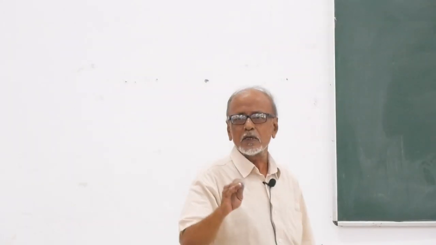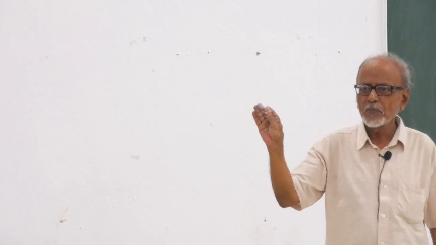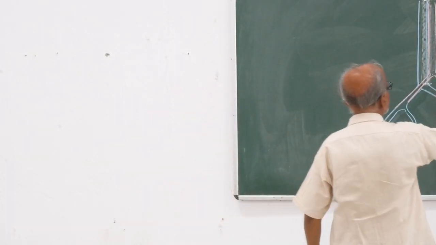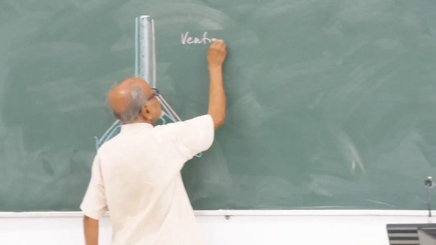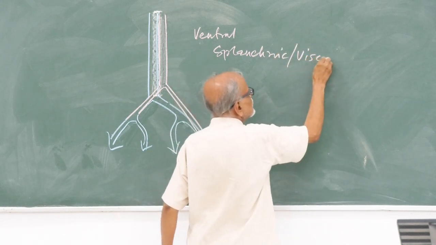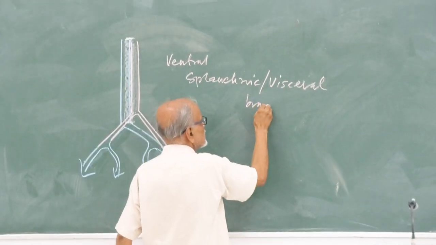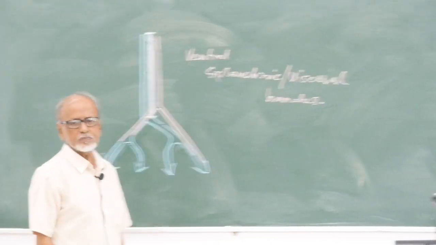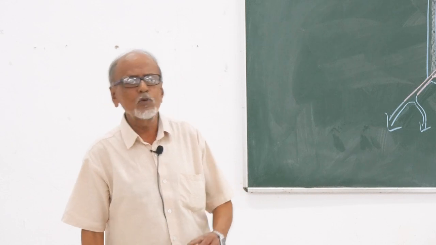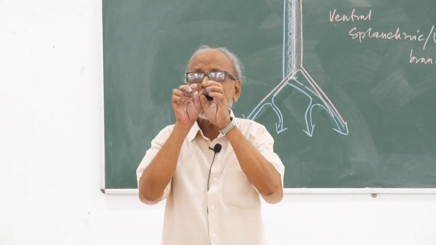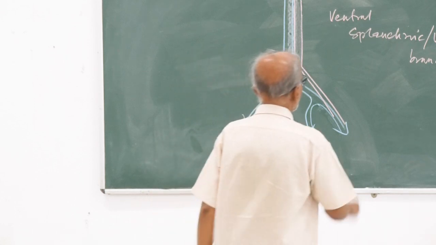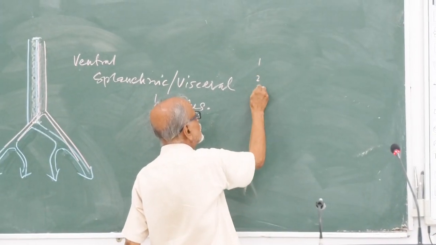সেই জন্য অ্যাবডোমিনাল এওটার ব্রাঞ্চেস সুন্দরভাবে মনে রাখতে হবে। 3টে সেটস অফ ব্রাঞ্চেস আছে অ্যাবডোমিনাল এওটা। একটা সেট হচ্ছে ভেন্ট্রাল সেট অফ ব্রাঞ্চেস, ভেন্ট্রাল স্প্ল্যাঙ্কনিক অর ভিসেরাল। স্প্ল্যাঙ্কনিক বলতে যদি কষ্ট হয়, ভিসেরাল ব্রাঞ্চেস। Ventral, splanchnic or visceral branches মানে অ্যাবডোমিনাল এওটা একটা হোস পাইপের মতো টিউব, তার সামনে থেকে স্প্রাউটিং ভেসেলস আমরা দেখতে পাই। 1 2 3 তিনটে আছে ভেন্ট্রাল অর স্প্ল্যাঙ্কনিক ব্রাঞ্চেস।